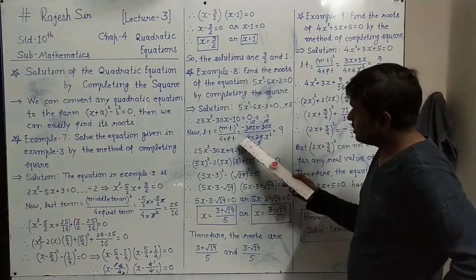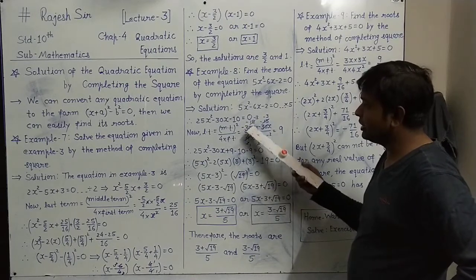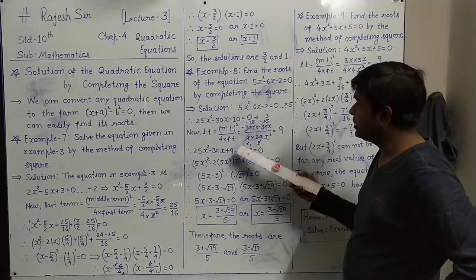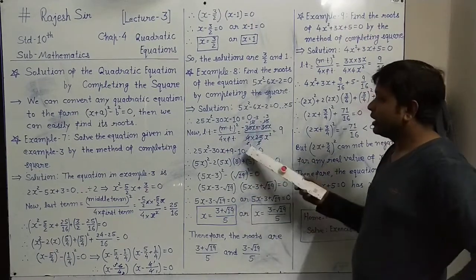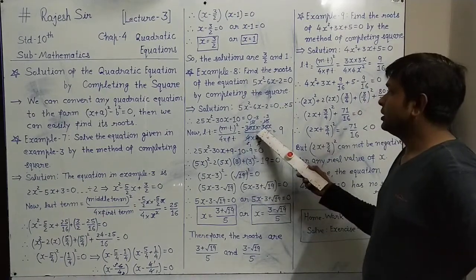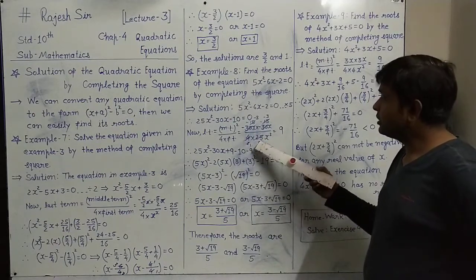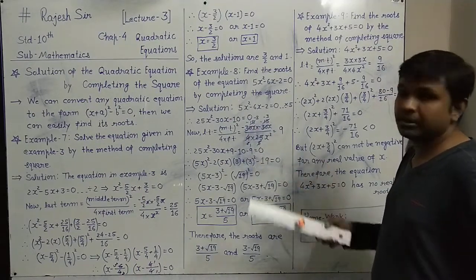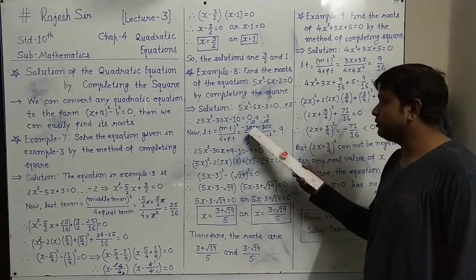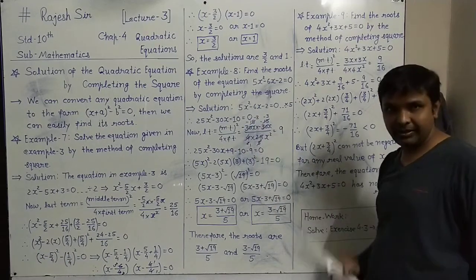By 2 first, this 4 will be 2 2s are and this 30 will be 15s are. So minus 15 by cancelling by 2, this minus 30 becomes minus 15, 4 becomes 2. Again by 2, this minus 30 we cancel, so 2 1s are 2 and this 30 becomes minus 15, and then this 25 and this 15 will cancel by 5. This 25 by 5, 5 5s are 5 will be here, and this 15 will be 5 3s are 15, so 3 is here with the minus sign.